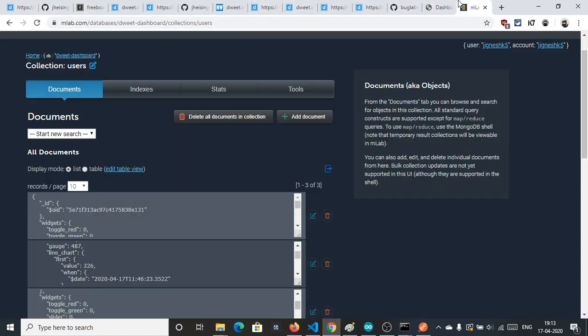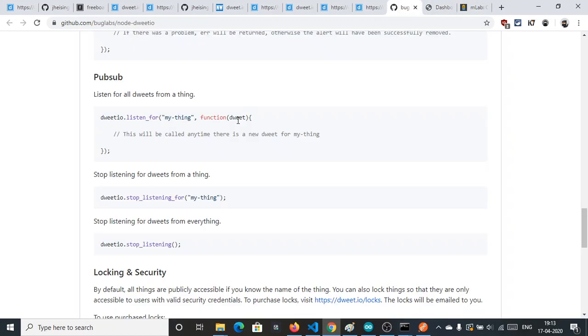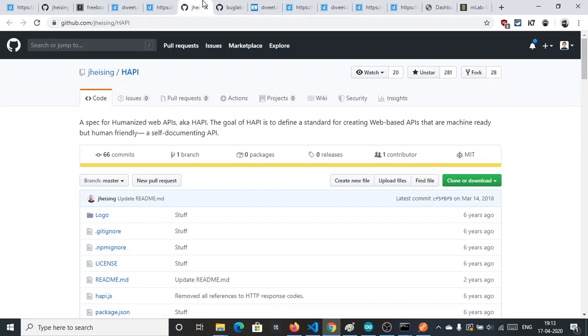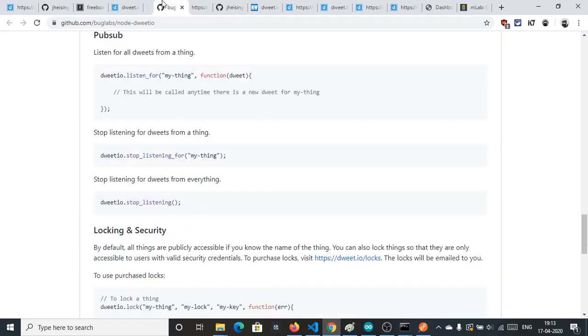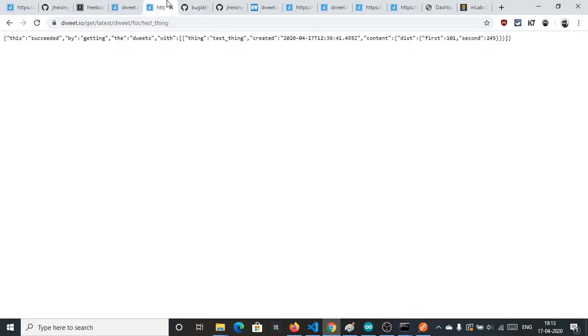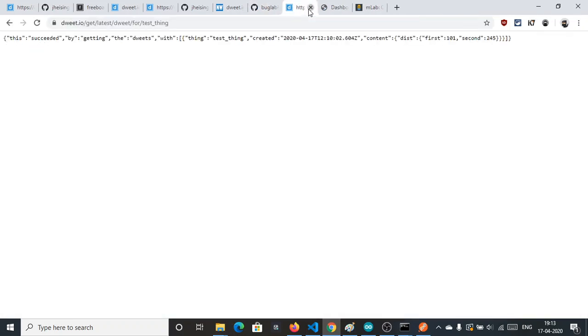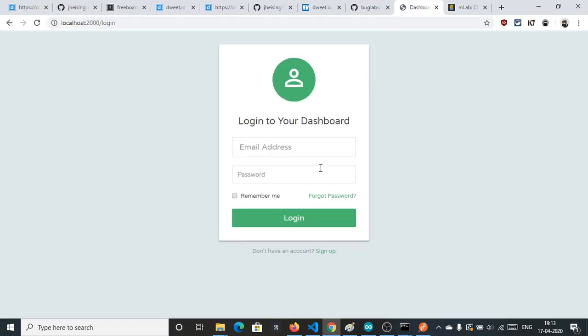You can say unsubscribe, or you can say it stopped listening to that specific thing, so that we are not listening to that from our server at least. Let me close these extra tabs, then it will be easier for me. This is the login page.